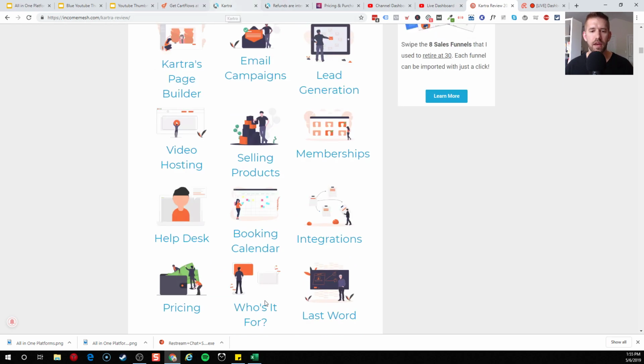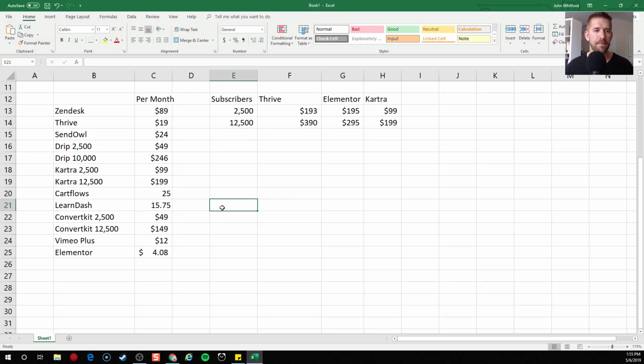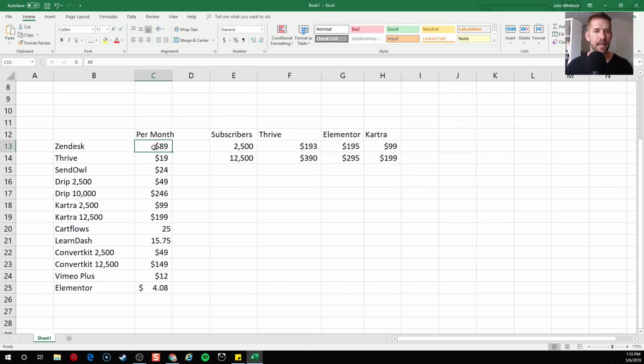And then just to back up on that cost slide, here's the cost I'm looking at here. So if anybody wants to fact check me, I went through and did the calculations on each email marketing platform, Zendesk, Thrive. So this is the cost that it breaks down to. And then for the 3 different stacks, that's how the cost shows out there. Let me pause real quick for some questions.